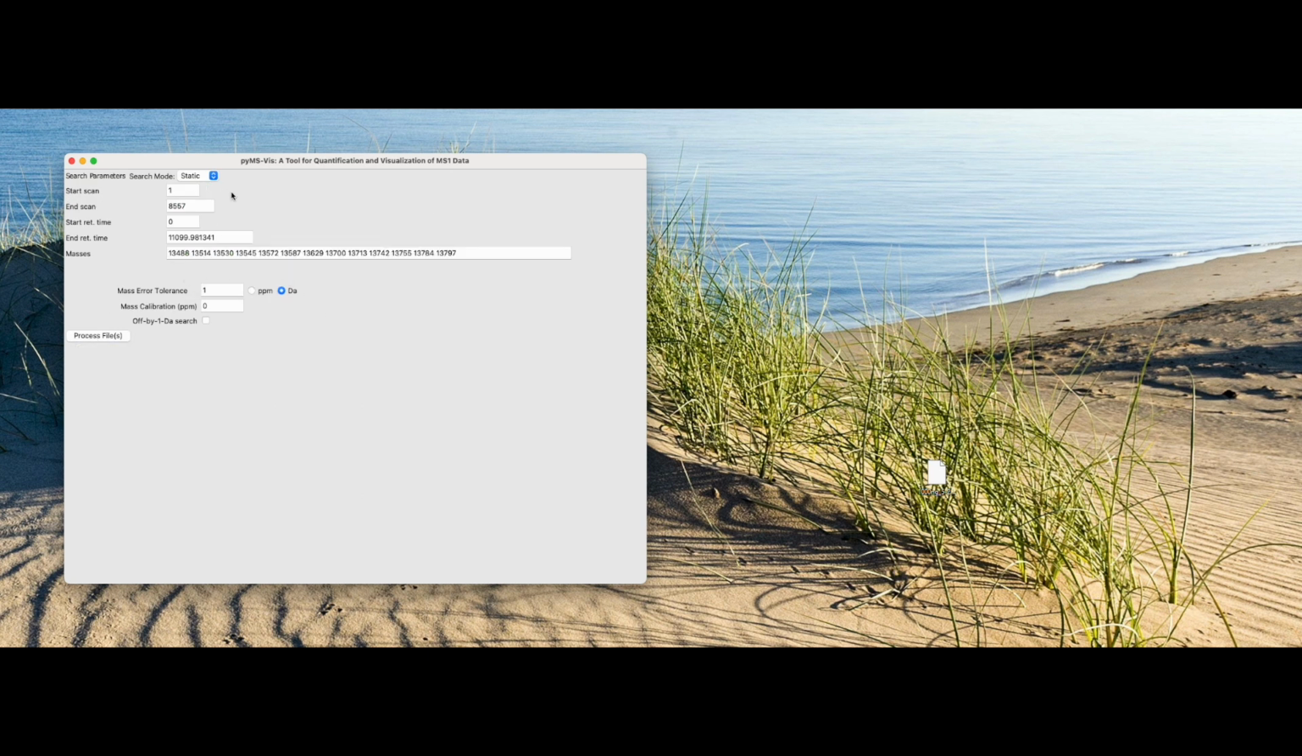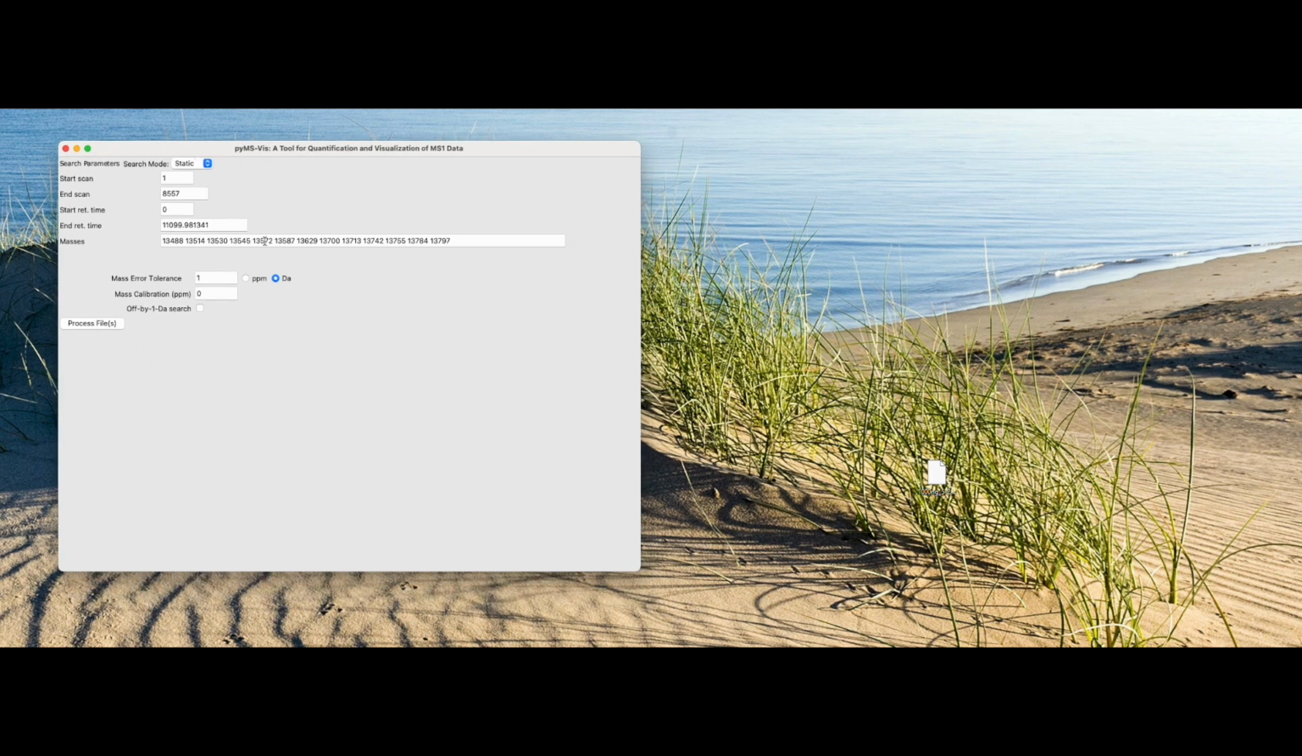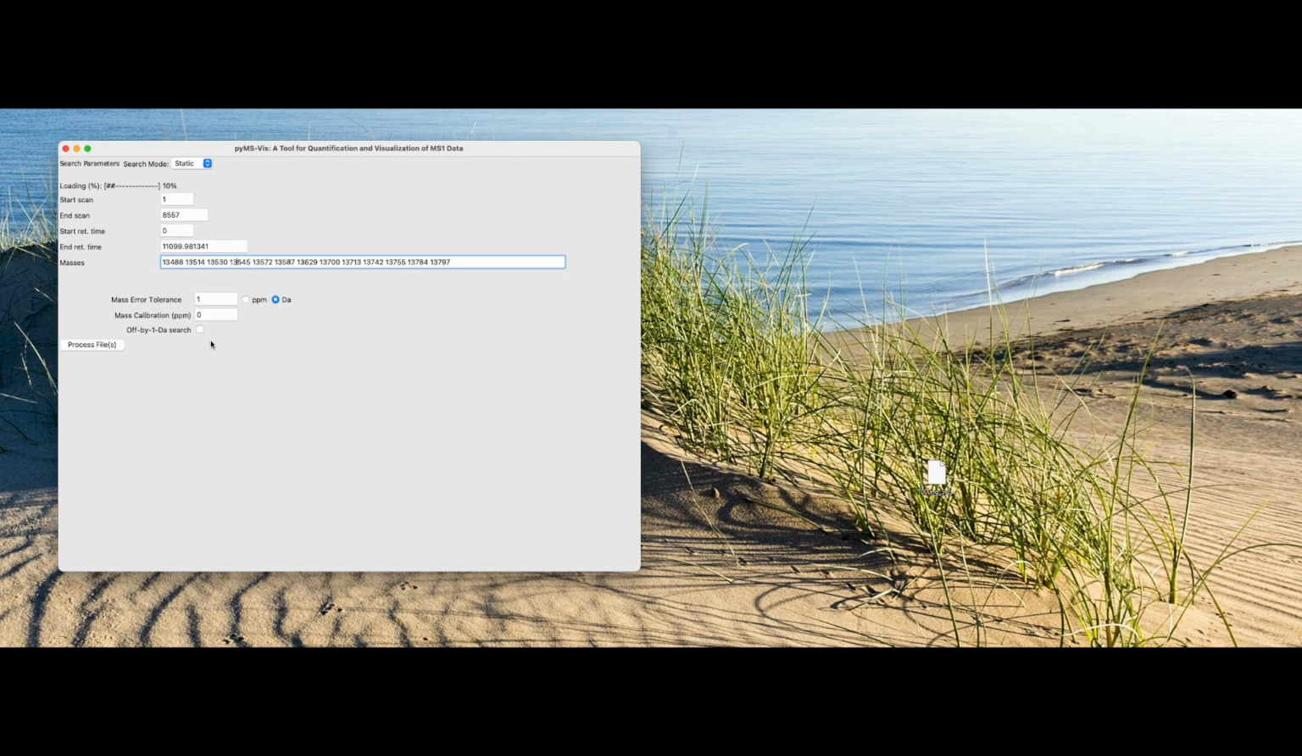Okay, and here we are again. I'm going to do a static analysis because I just want to see the lay of the land. My mass error tolerance is a Dalton, and I'm going to leave these off just for speed. Again, these are all H2A masses. If I click process file, you can see it's quite speedy. If we now want to look at the outcome,